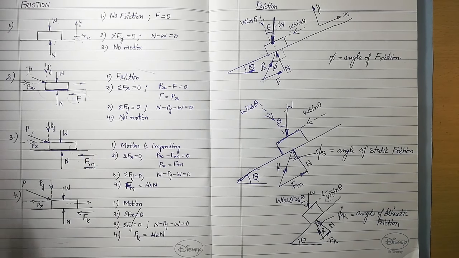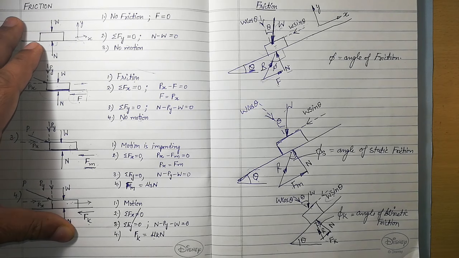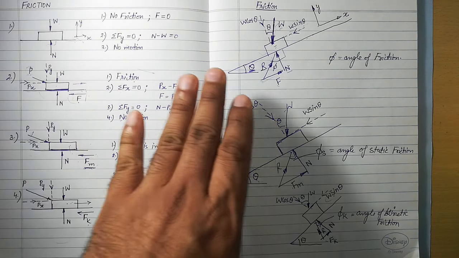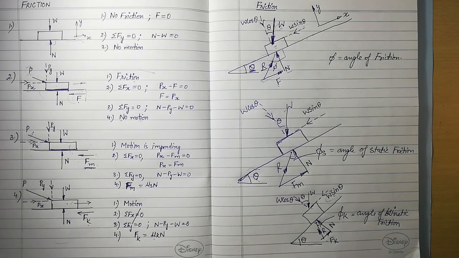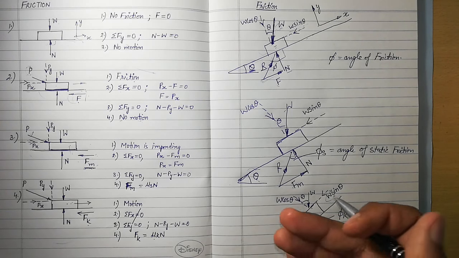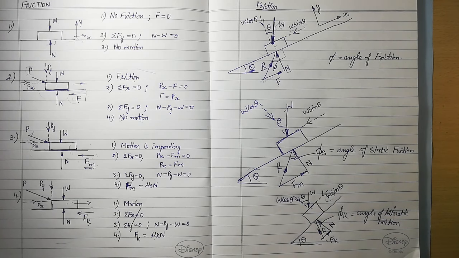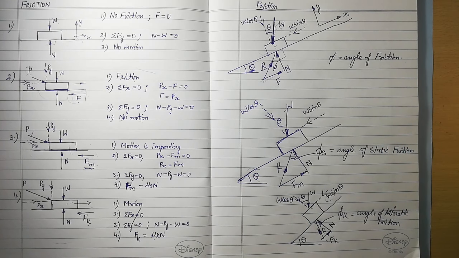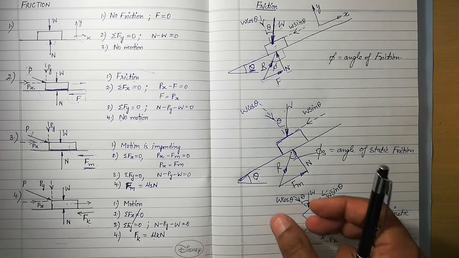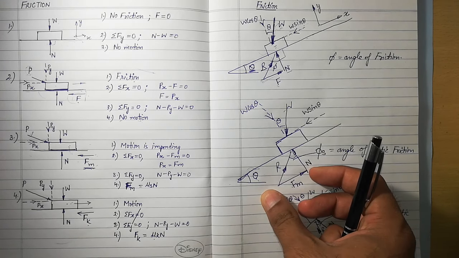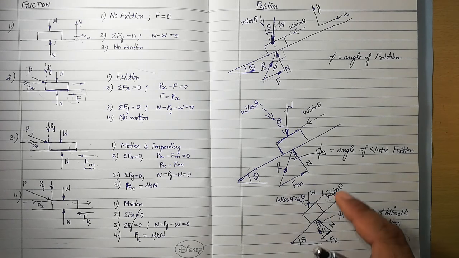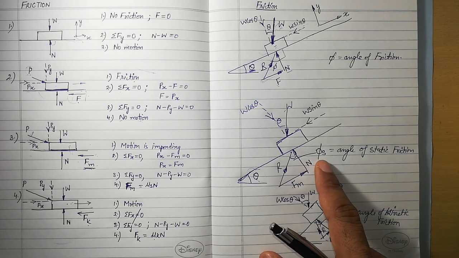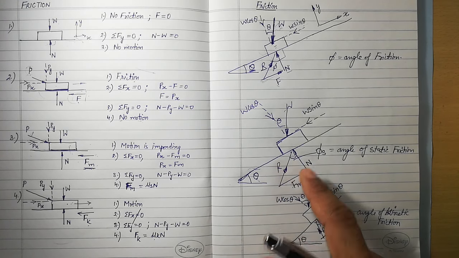So I have explained this particular concept of the previous video by taking an inclined surface. You should keep this concept in your mind, because it is very important as far as the numericals of the Friction chapter are concerned, where a body is placed on an inclined surface. Through this example we have learned that kinetic friction is always lesser than the static friction, the maximum value of static friction. And we have learned about the angle of static friction and the angle of kinetic friction, which is the angle between the total reaction and the normal pressure.